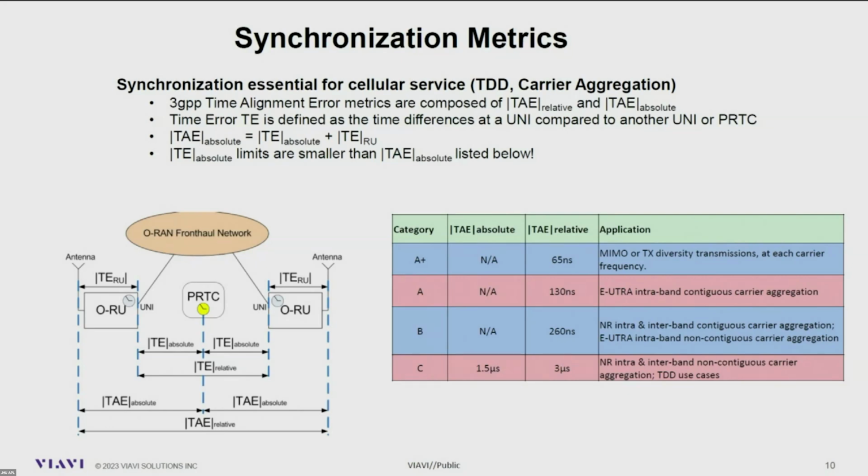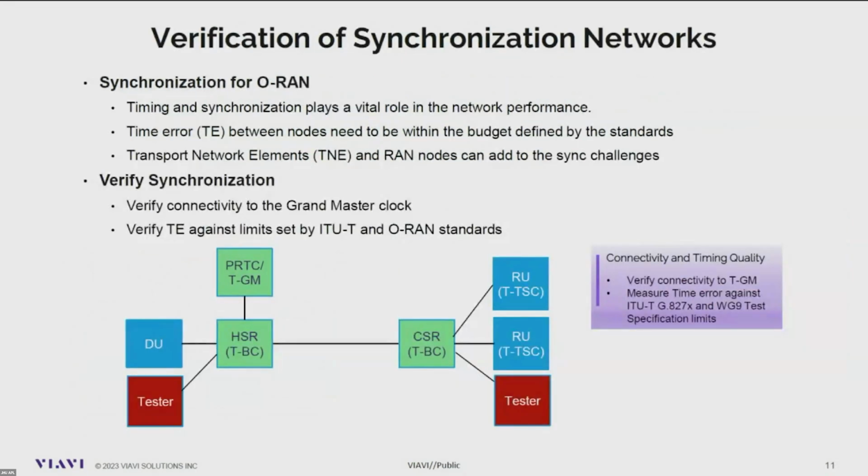And so this is my last slide basically, how can we validate that this network is not having a synchronization problem? So a couple of things. One is to verify that this network has a proper grandmaster that is connected, configured, and the boundary clocks are